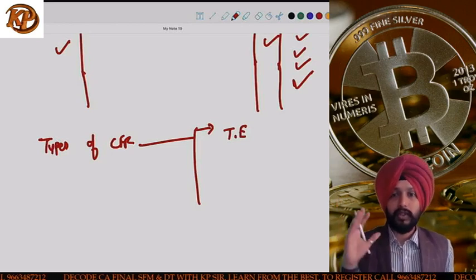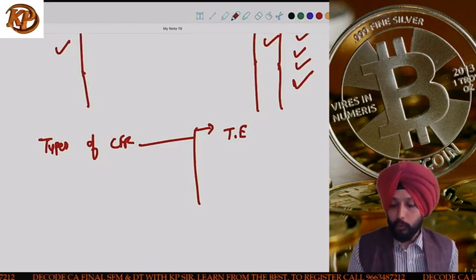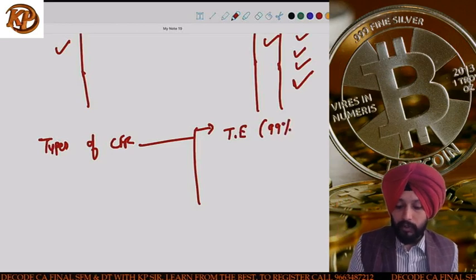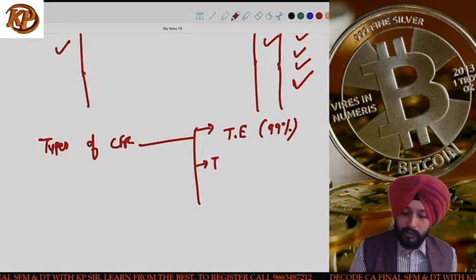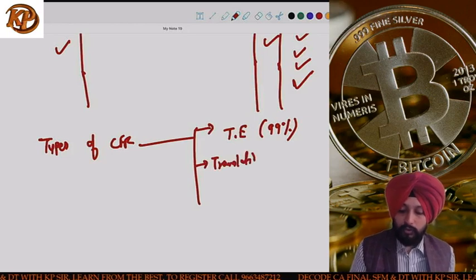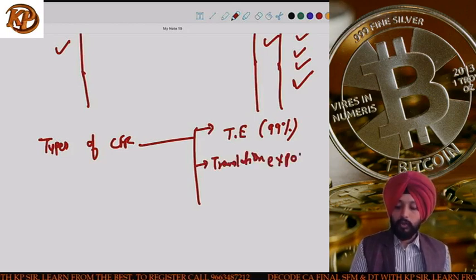And currency futures and currency options also relate to transaction exposure. So we spend 99% of our time doing this, the transaction exposure. Second is called the translation exposure, or the